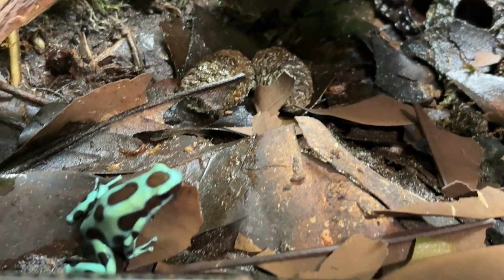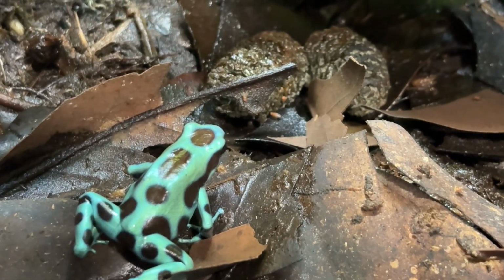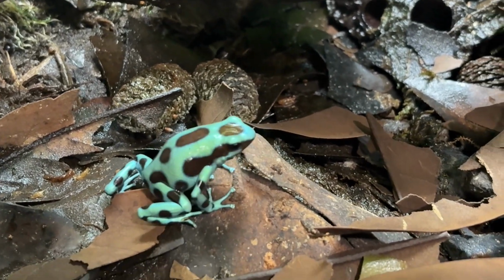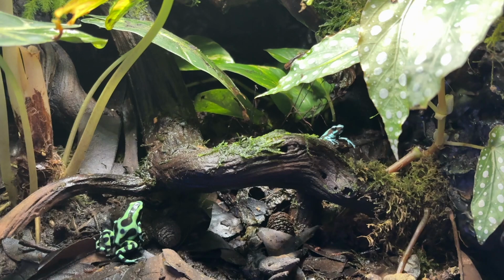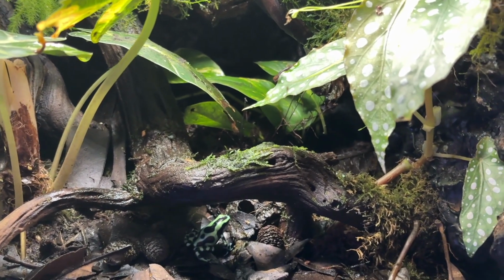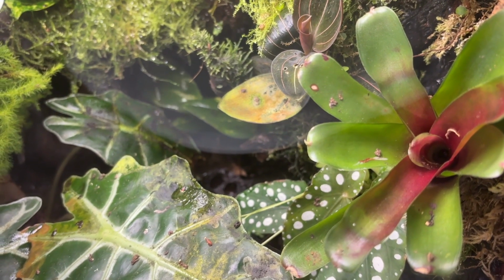Typically, if you go to feed the frogs and you still see some fruit flies roaming the enclosure, it means that you fed a little bit too much last time. However, when we're going on vacation, we ignore that. Well-fed frogs can be kind of lazy and might not chase after all the loose flies that are roaming their enclosure, so a steady supply of fresh ones to their usual feeding spot will make sure that they keep eating